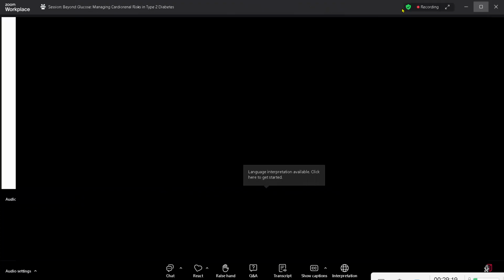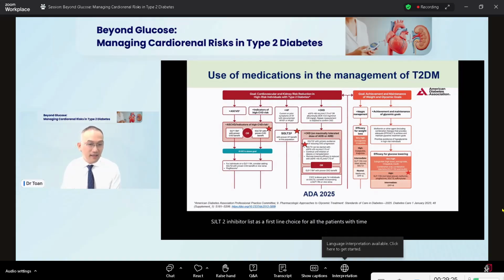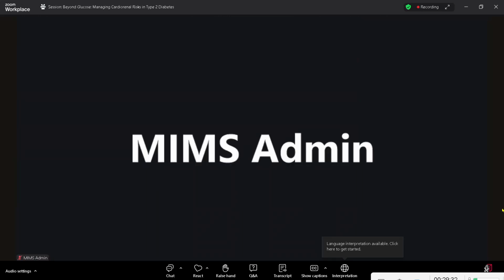Cardiovascular complications. The second recommended medication is a GLP-1 receptor agonist. When SGLT2 inhibitor